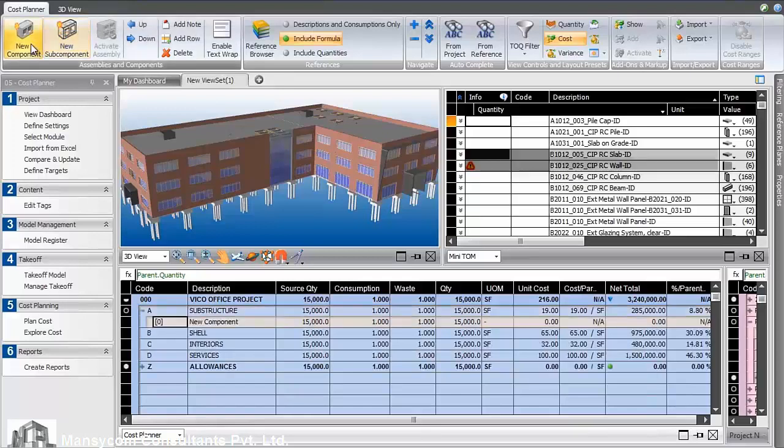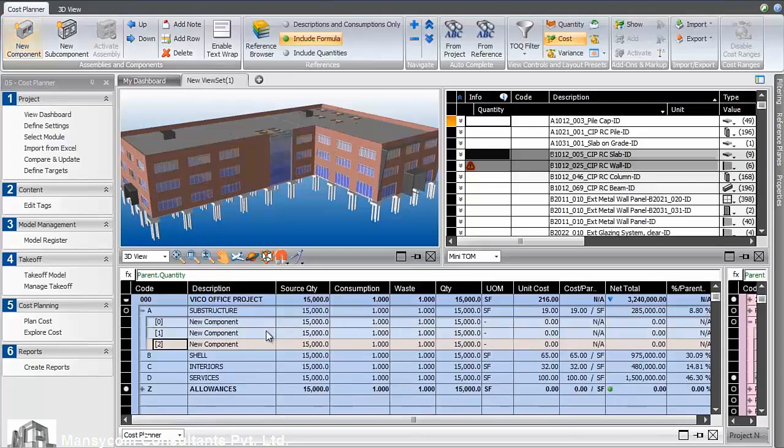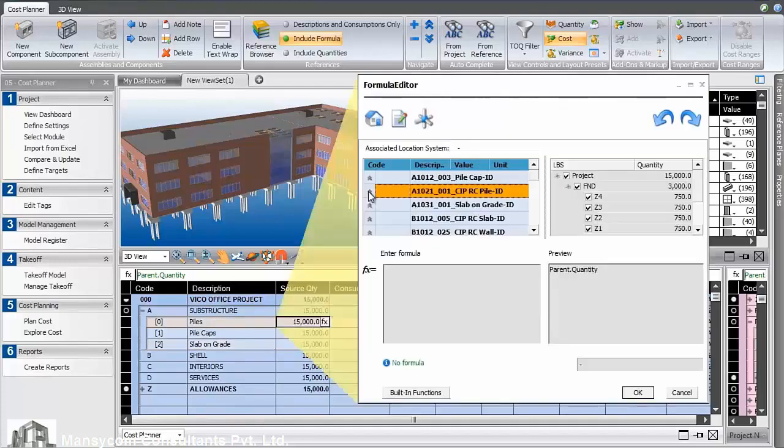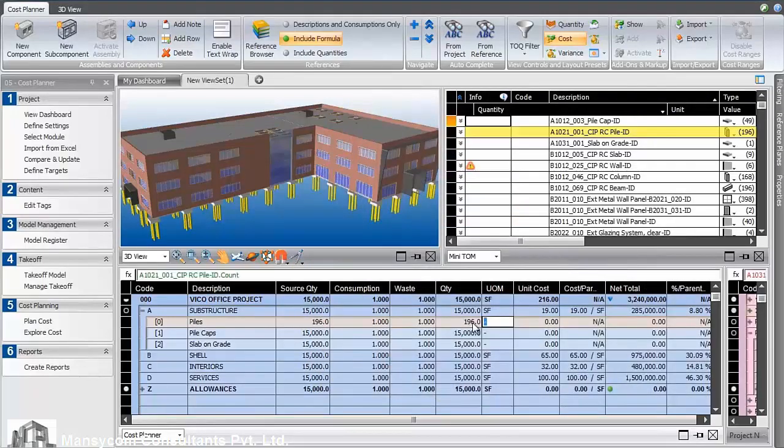Here we can show that same process by adding 3 components to the substructure. One for the piles, one for the pile caps, and another one for the slab on grade. We can use the formula in the source quantity cell to pull the quantity required from the consolidated list of quantities. We use the count for the piles, and at $1,000 a pile,